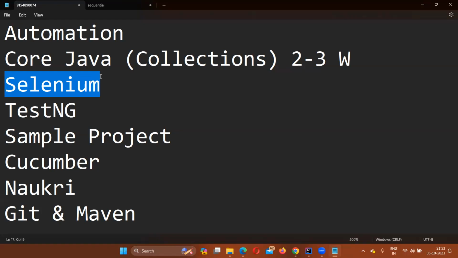And Selenium is available in multiple programming languages like Python, Java, C Sharp, PHP, Ruby. But the programming language that we are going to concentrate on is Java. We are going to concentrate on core Java, and the Selenium that we learn is through core Java, because in the market at the moment, there are lots of openings for core Java Selenium.